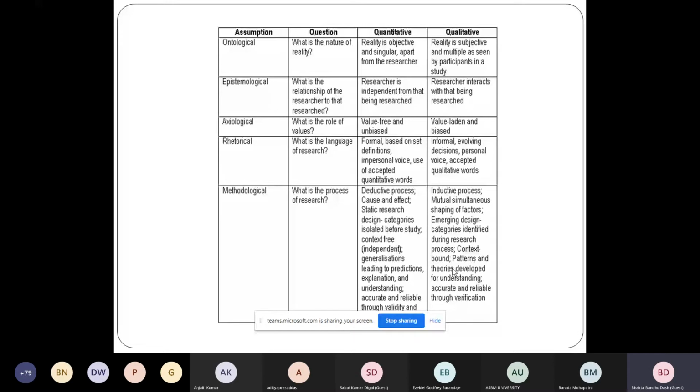When you narrate that numerical information, there are specific guidelines on how exactly you will report it. How you refer to your table, how you refer to your figure during your writing, it is already written down. That is basically a formalized approach. But when you talk about the rhetorical issues pertaining to the language of the research, when it talks about the qualitative establishment of truth, it is informal, evolving decisions, personal voice, accepted qualitative, how uniquely, how